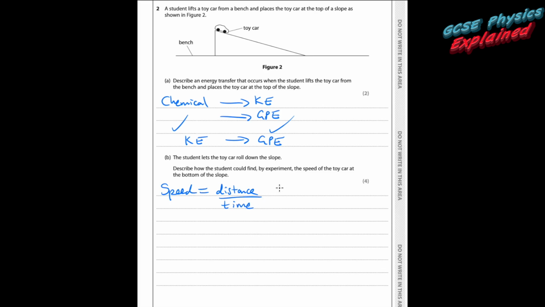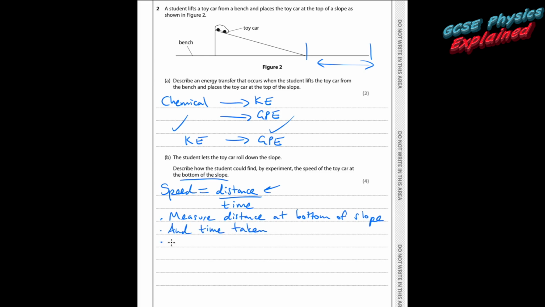So you need to measure some kind of relevant distance. Now they're wanting it at the bottom of the slope. So you could say measure the distance at the bottom of the slope and the time taken to cover the distance,